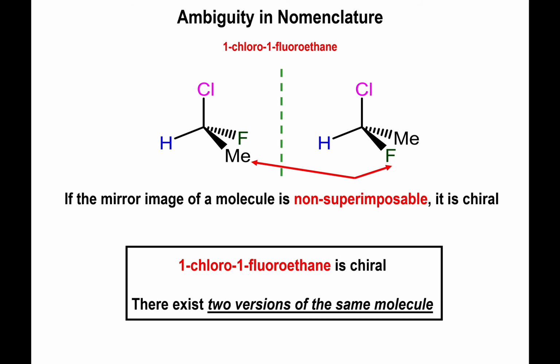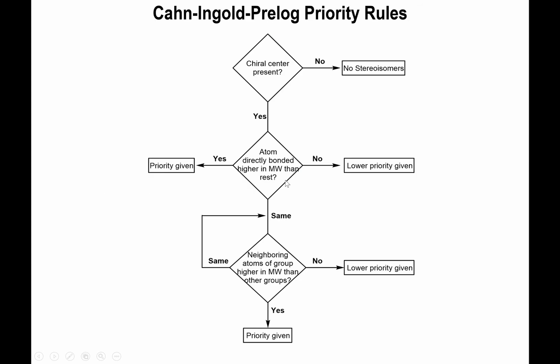Different enantiomeric drugs have different outcomes in drug delivery. Sometimes one chiral enantiomer could have a benefit, medically speaking, whereas the other one could be quite the opposite, could be quite toxic. So it's important to have the one enantiomer and only the one enantiomer, and also to be able to refer to it exclusively. So we're going to introduce the Cahn-Ingold-Prelog priority rules to give each one of those molecules a